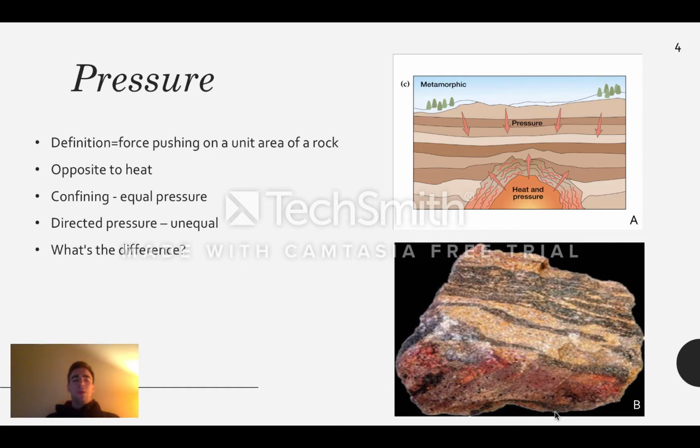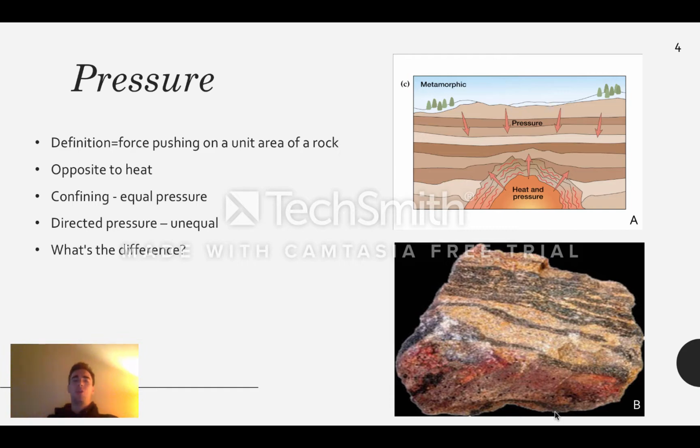So by compressing, it causes the ions to be closer together, and by that it's making a denser mineral. It's more stable. So the confining pressure is volume based, and then directed pressure, as I said, acts more on one side than the other, and then it occurs near faults or plate boundaries where there's